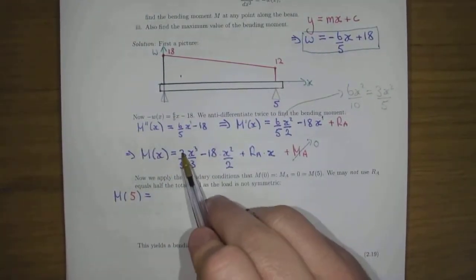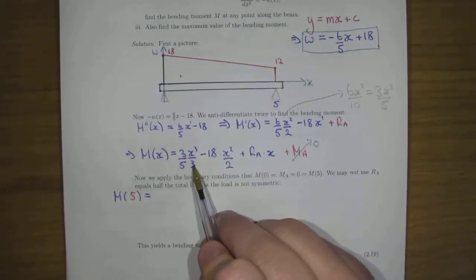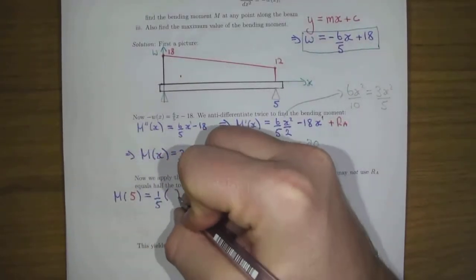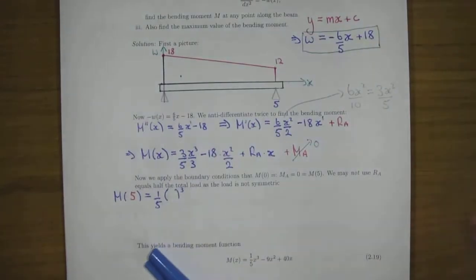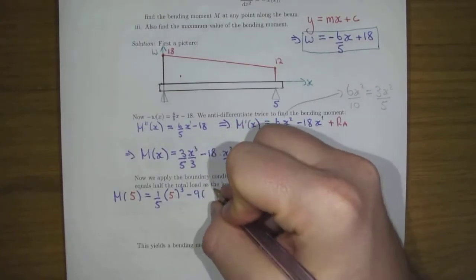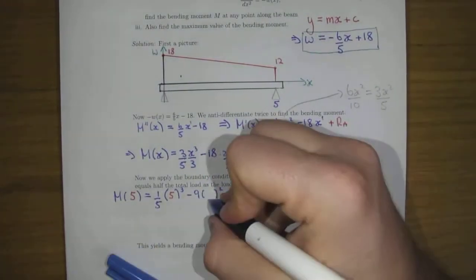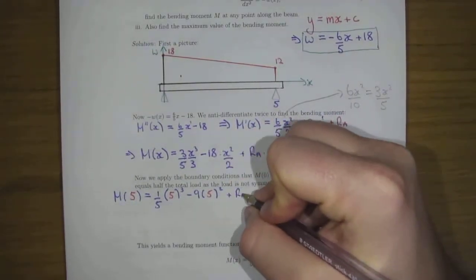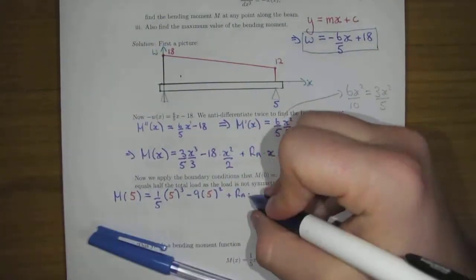Now we'll do a little 3 divided by 3 here is 1. That's gone. So 1/5 x cubed, minus 18 over 2 is 9 by x squared. That's 5 squared. Plus RA, which is what we're looking for here, times 5